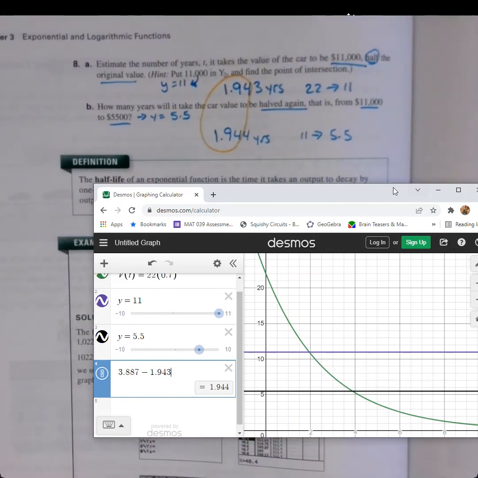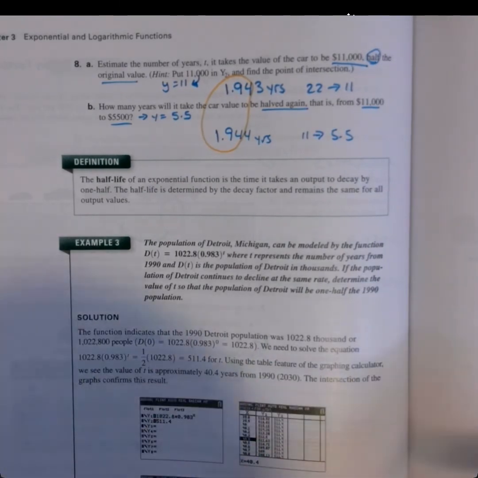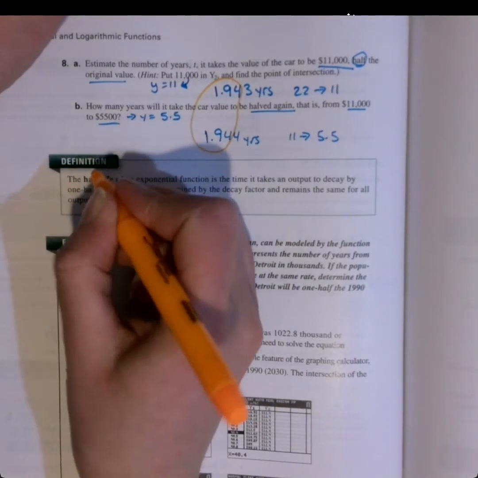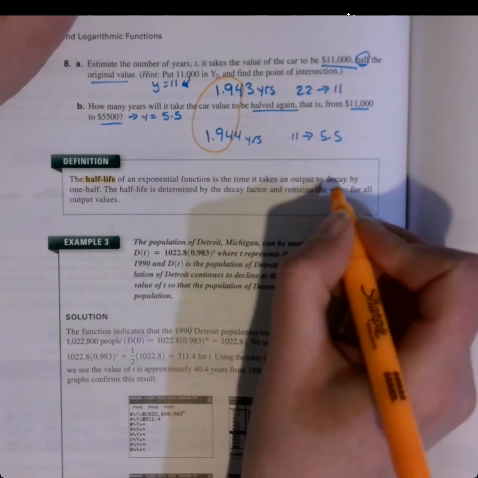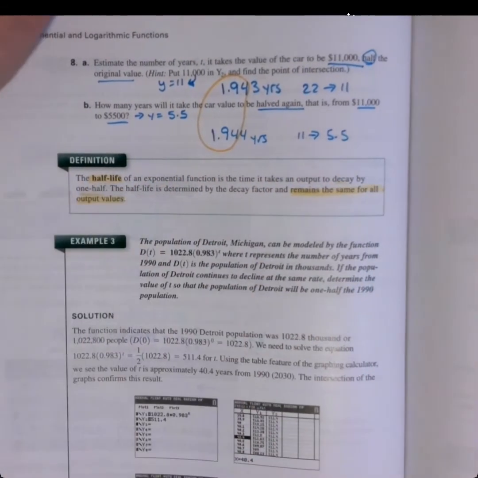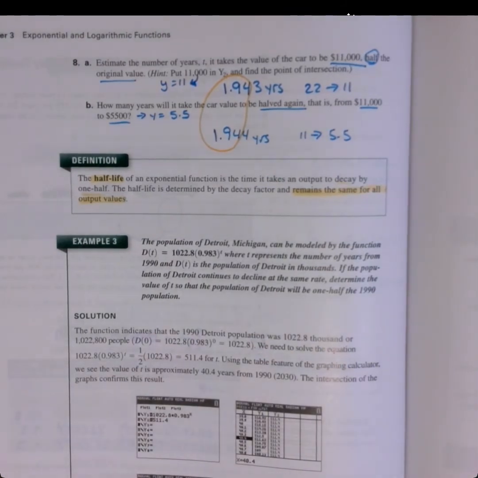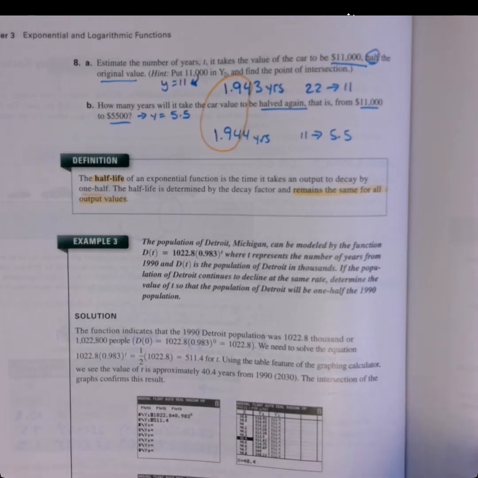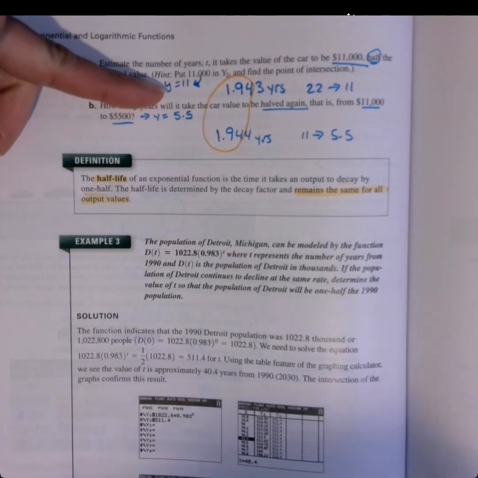And then we can also say, similarly to our doubling time conversation earlier, that the half-life of an exponential model, the amount of time it takes for the model to decay by a half, remains the same for all output values. So it doesn't matter if I'm having from 22 down to 11 or 11 down to 5.5 or 50 down to 25. I can have between any two output values, and the time it would take to halve is the same. So given a choice, it's easier to make the computation to halve from the initial value